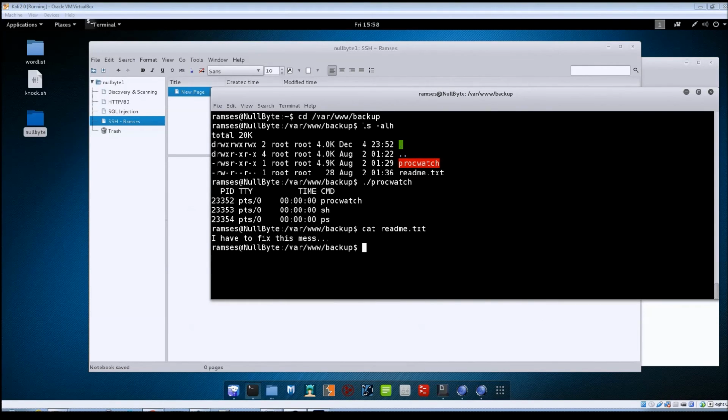Now, one thing that we will want to look at, if we can determine how procwatch is actually calling the ps command, that may be something that can help us out. Because here's something to keep in mind: sometimes when a system admin, whoever, makes a program that references a program like ps, all they do is call the program itself. They don't actually list the absolute path to that program. So the difference being, I could just type in ps here